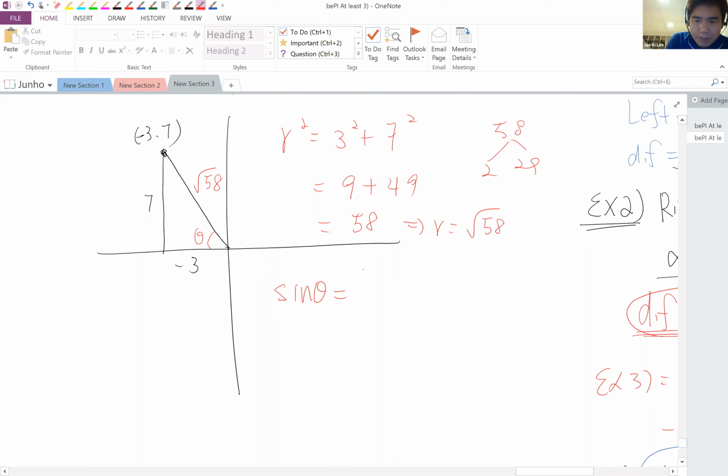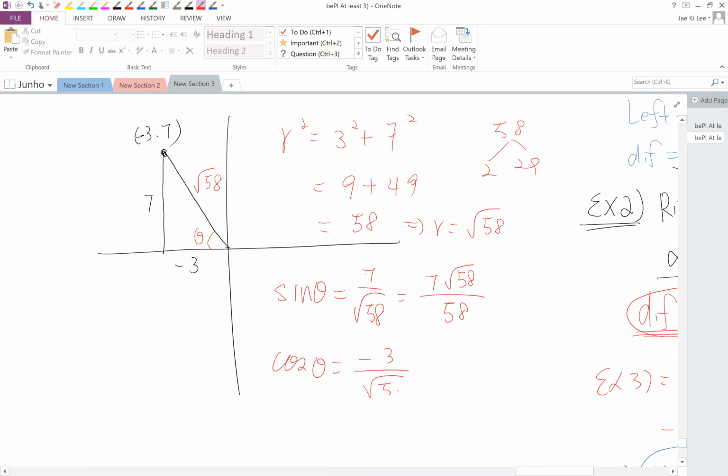So we can make 7 over root 58 or 7 root 58 over 58. But cosine theta is negative 3 over root 58 because this ordered pair is located in the second quadrant. Okay? So the answer is negative 3 root 58 over 58 basically. And tangent